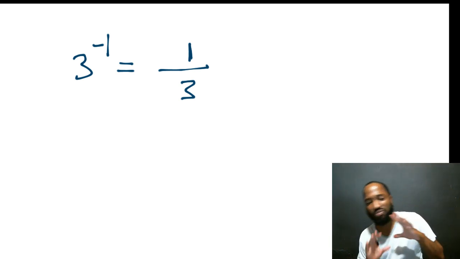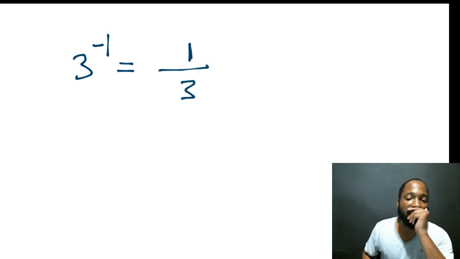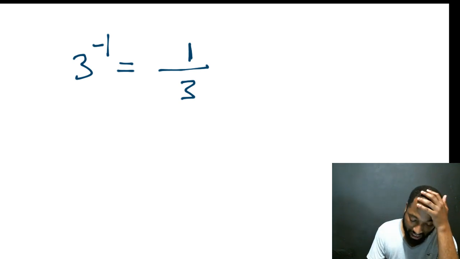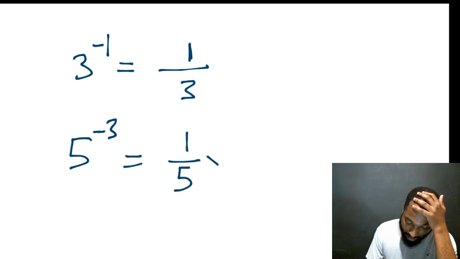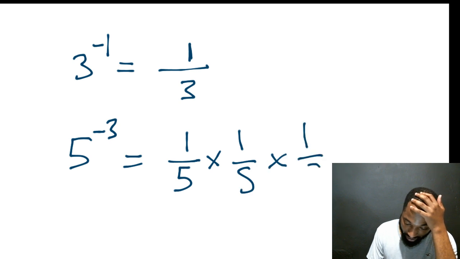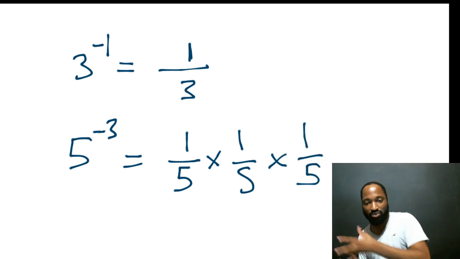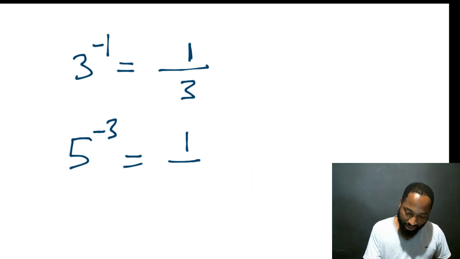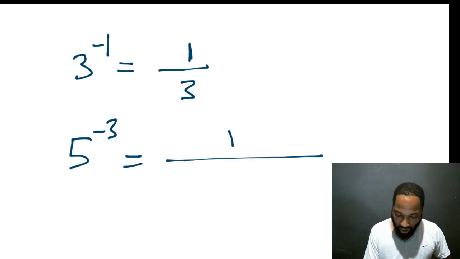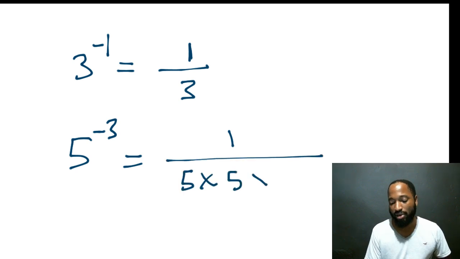I don't want you to think just division really. I want you to think it's under a 1. It starts to go into fraction land. It's actually like this. If I have 5 to the power of negative, let's say 3, it means 1 over 5 times 1 over 5 times 1 over 5. It goes into fraction land like that. Notice this number is always 1. But the shortcut way to write that whole thing is, since 1 is on top, I can just put 1 for all of them and put 5 by 5 by 5.